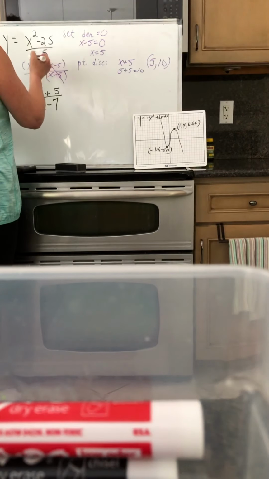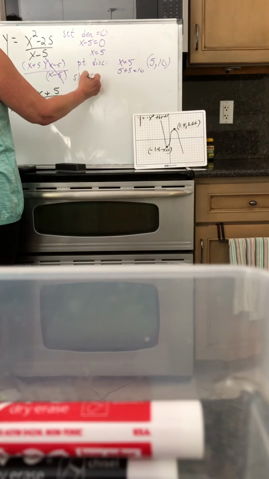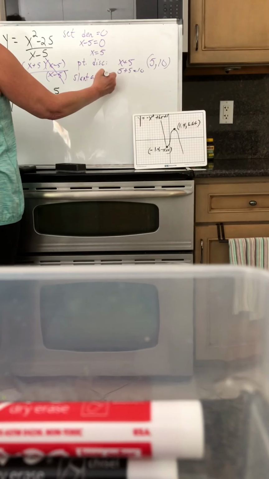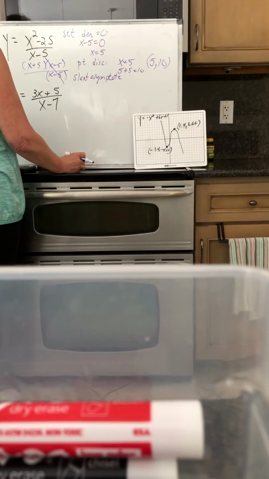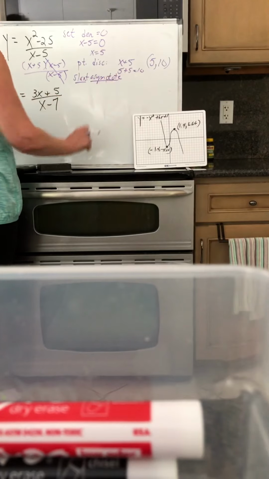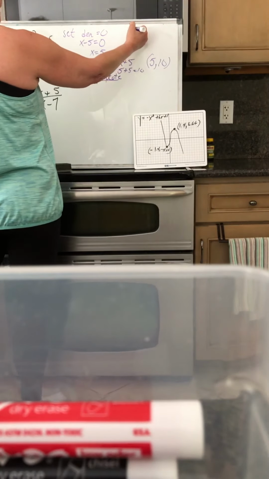We can also tell that there will be a slant asymptote, because this is 1 degree higher than that. So we have no horizontal asymptote, we have no vertical asymptote, but in this case we had just a slant asymptote. If I want to find out what my intercepts are